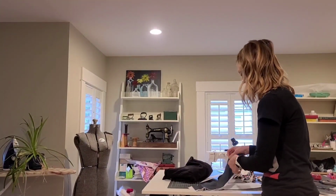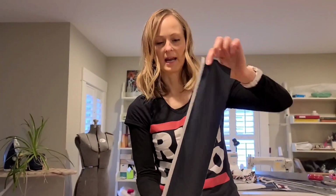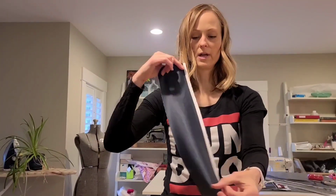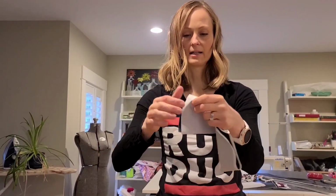And just to show you really quickly with a piece, this rectangle, the first step that you're going to do is fold it in half this way so that the outside,